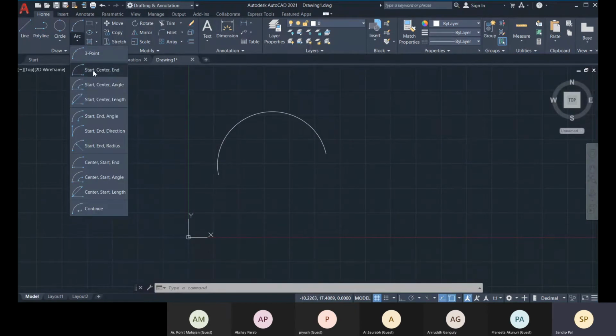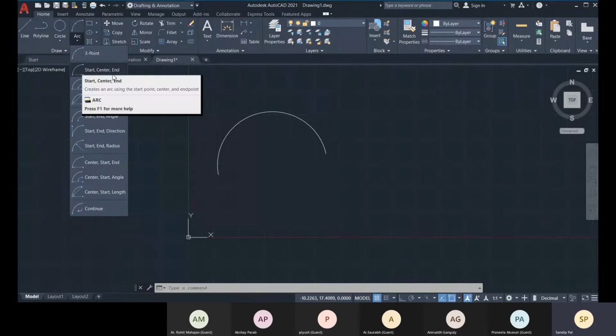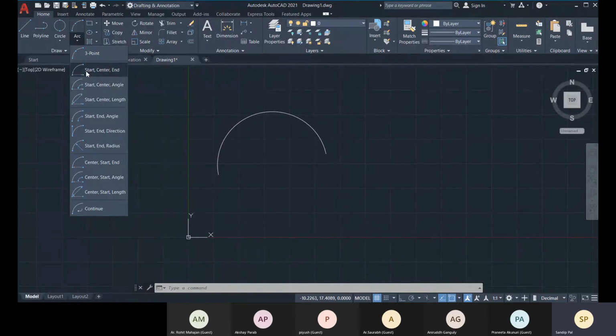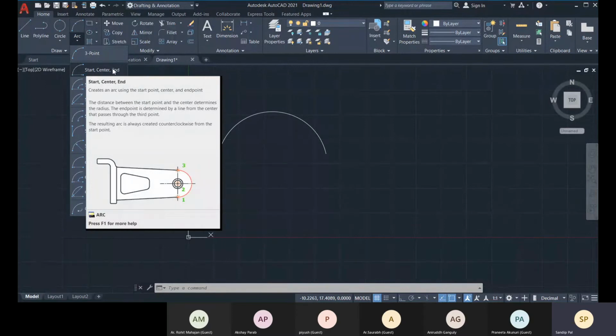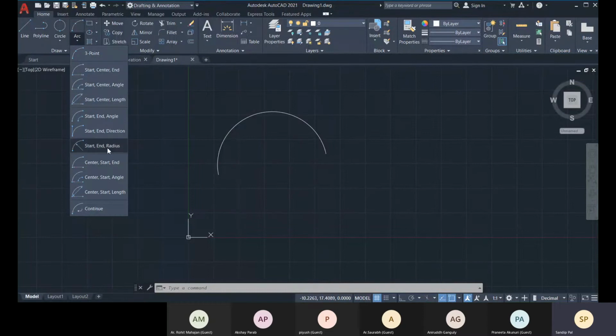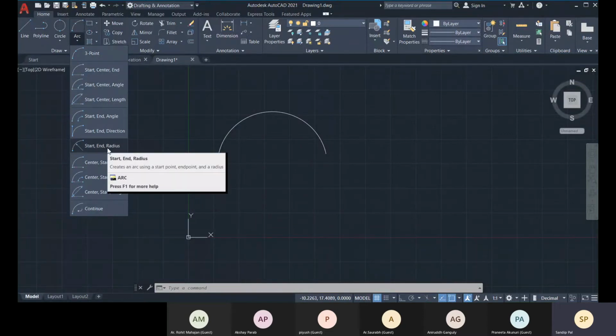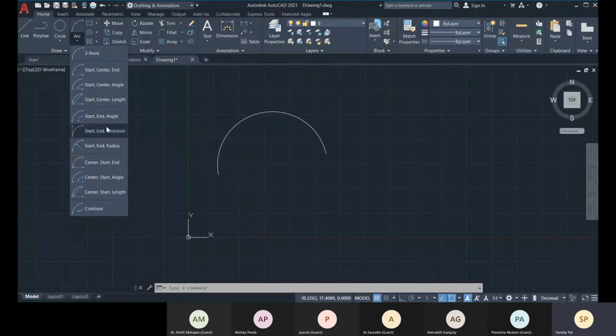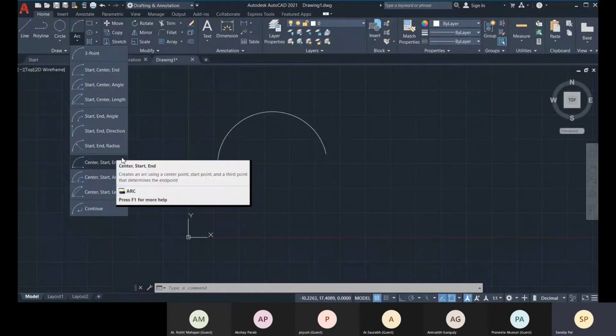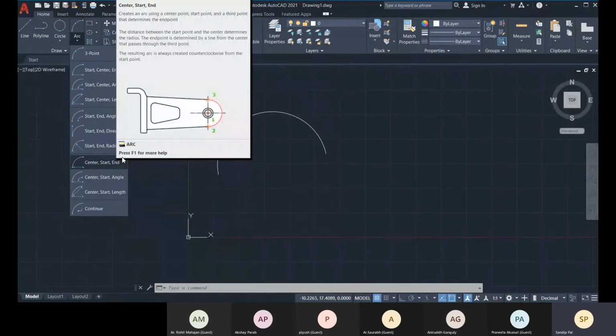In this order you will define the points: the first point you define will be taken as the start point, then the second will be taken as the center, then the third will be taken as the end. This way all these options are available. So you have to select in that order.